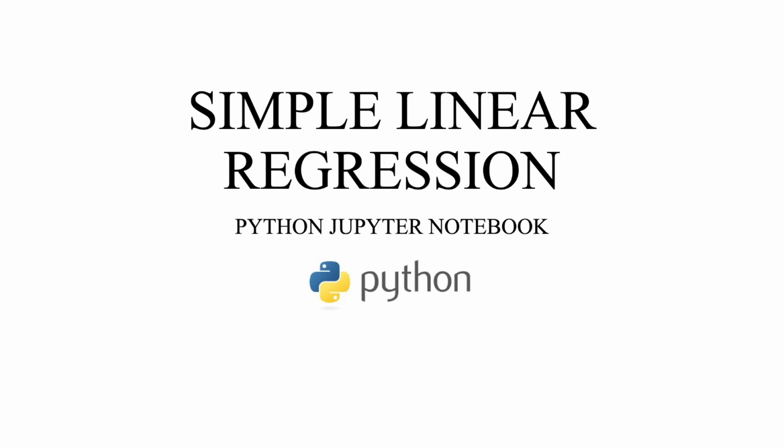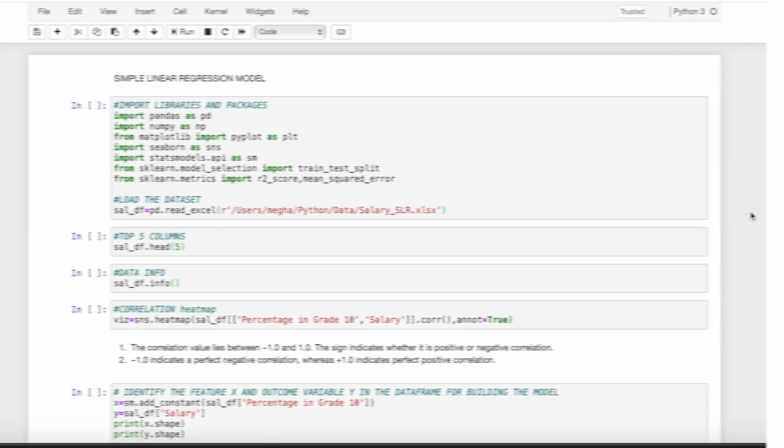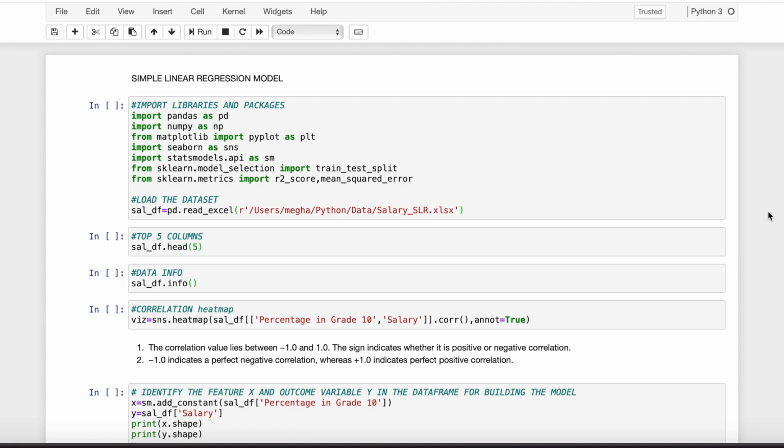Let's start with a simple linear regression model. Now to keep this video simple and short, I have already written the codes and I will explain the process to you as we go along in this video. The first and foremost step is to import all the important libraries or packages we will be needing for this model. We can also import libraries while building the model. So I've already added them in the notebook here, and I'll explain to you as we use them in model building moving forward.